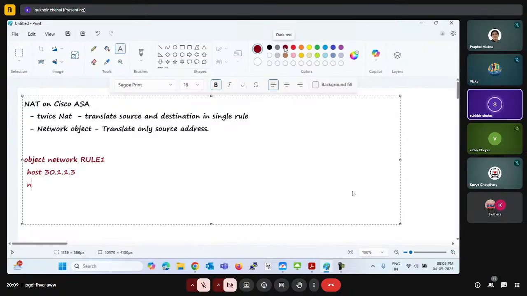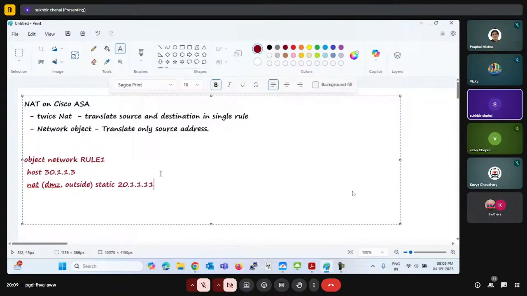Now I'm going to define NAT, and we are going to do NAT 4. Now I'm giving the real interface. And after that we configure the mapped interface. Mapped is suppose outside. And then we define we are using static NAT, and we want to translate this IP address into